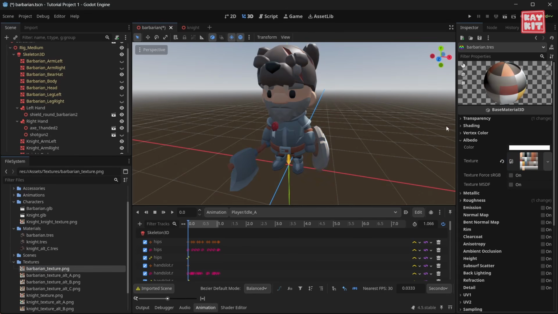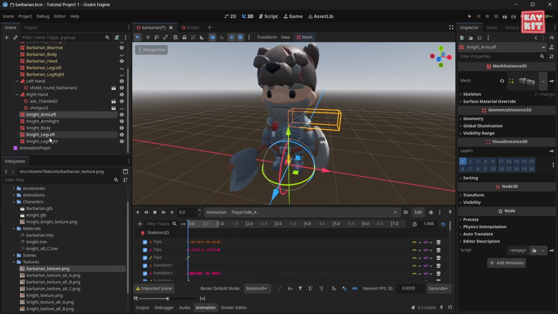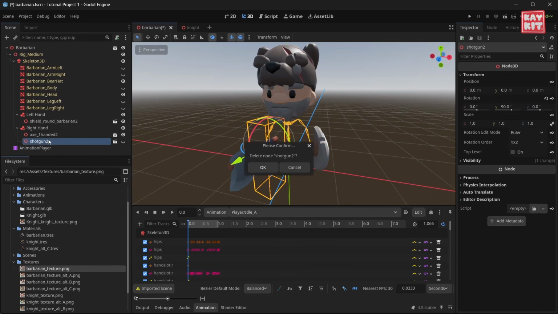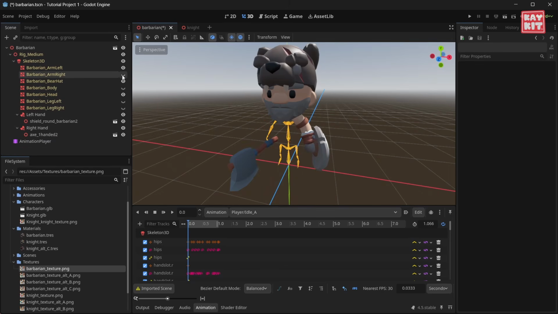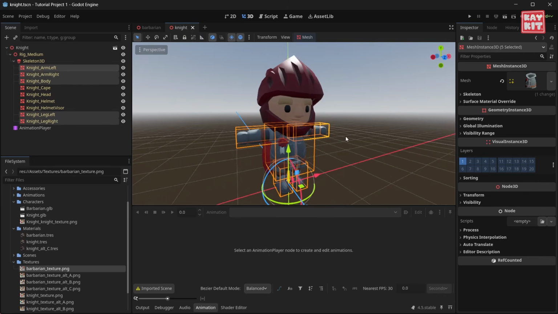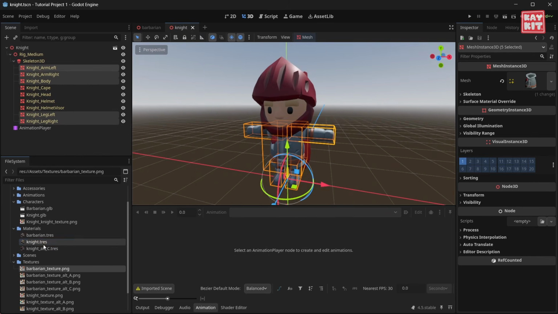I'm going to replace the texture, and I'm going to delete the knight's pieces, as well as the gun, and then re-enable the body parts. Let me give you another example of where using external materials can be useful. If we go back into the knight character and just restore him back to normal for the moment,